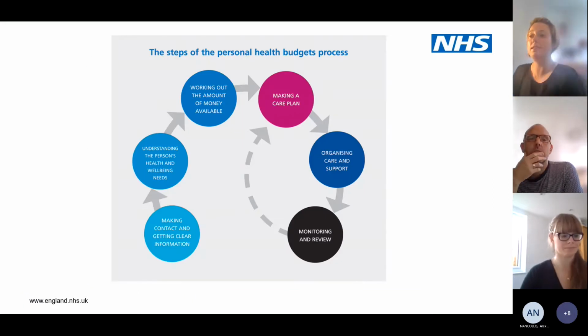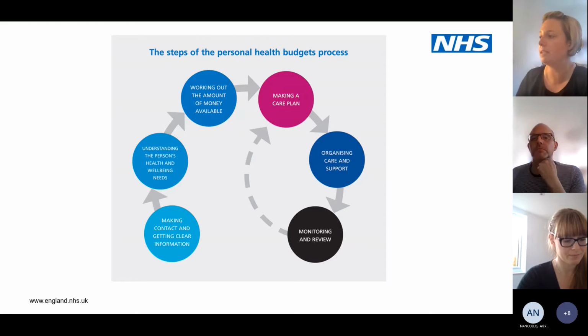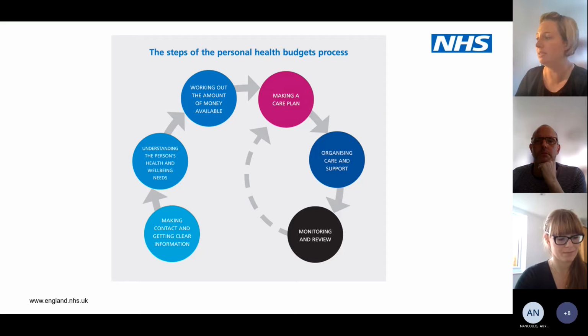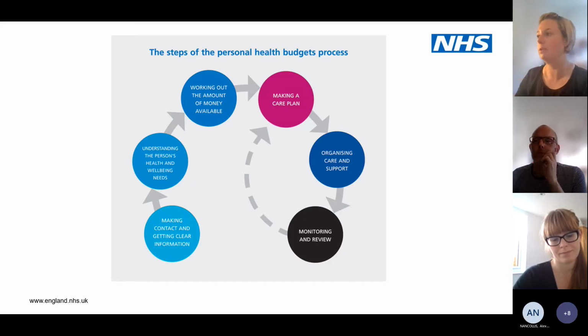please. So this diagram shows the 6-step process for providing a personal health budget to someone. And these steps are making contact and giving clear information, which includes information and advice for both staff and people asking for or offered a personal health budget. Understanding the person's health and wellbeing needs, which might include an assessment, which ideally would not be in addition to existing assessments. For example, if somebody was assessed for continuing healthcare, you might want to use that assessment to help understand the person's health and wellbeing needs, but also support the next step, which is working out the amount of money available, which gives people an idea of what they have to spend when they're thinking about the goods and services they would like to include within their personalised care and support plan, which is the next step in the